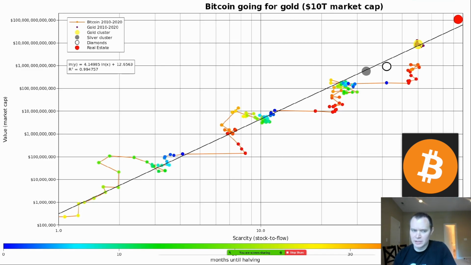You like this one, like the... Yes, with the other assets in there. So basically, that colored line is the time series line, where you see the monthly close, and I just fitted a straight line through there, which of course is a little bit lower for a stock to flow model than the line that you see there. But as soon as you include other assets, like silver, diamonds, gold, and real estate in this chart, as soon as you include those in the regression line, in the regression analysis, then